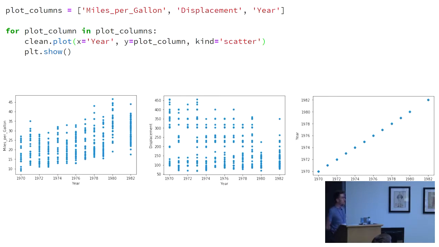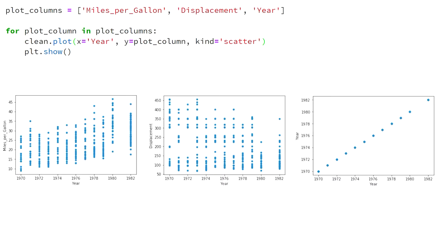So in the Jupyter Notebook, once again, remember, all the slides that I've been showing you are what you would see in a Jupyter Notebook. You have your code, and then the output. There's no magic happening in between the two. Here, these would be sequentially printed vertically, but just for the slides they're printed horizontally. So you'll see that, as we saw previously, you have your miles per gallon versus year,